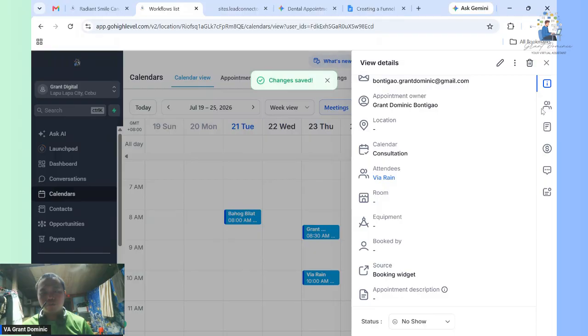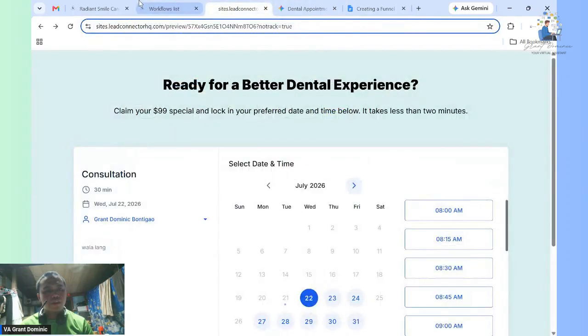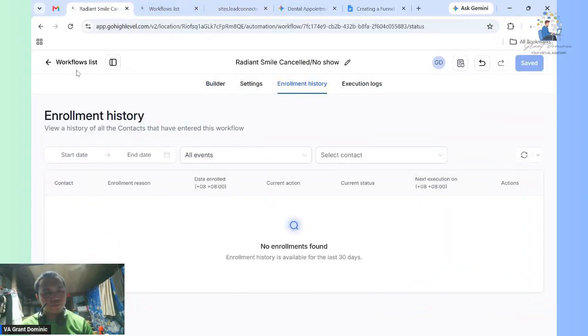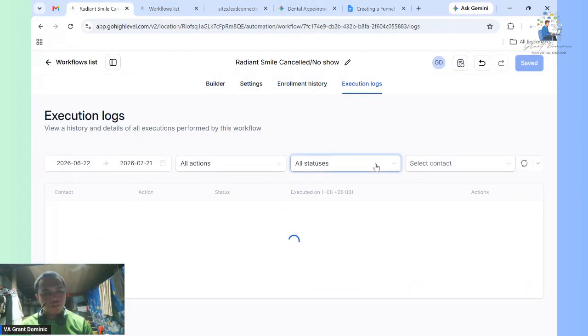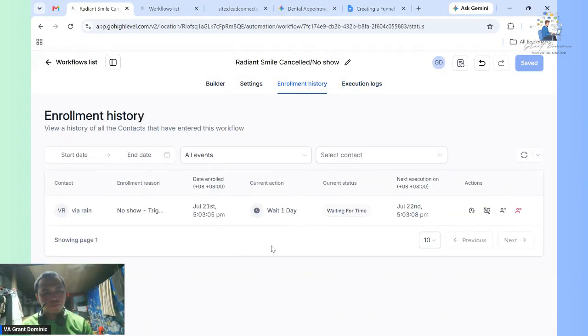No show. After that, let's see the execution logs. So we just wait for 1 day for the cancelled no show.